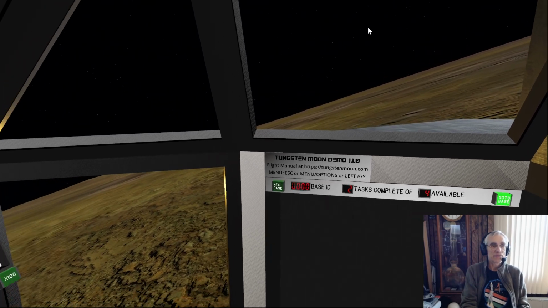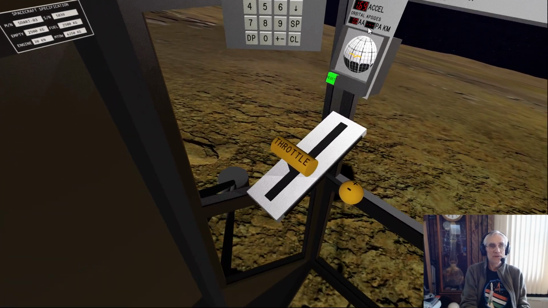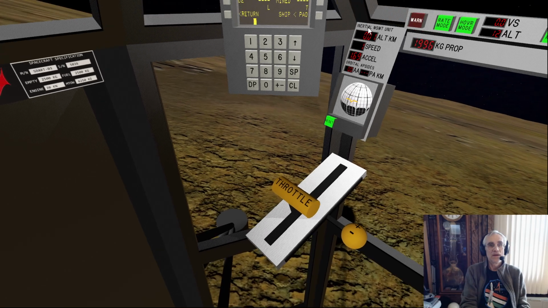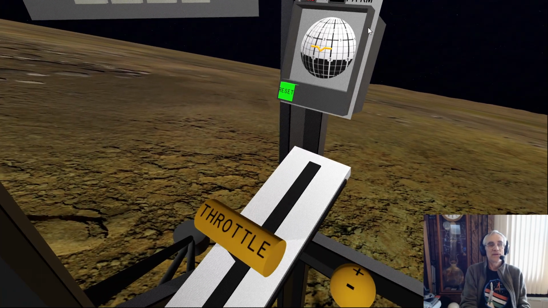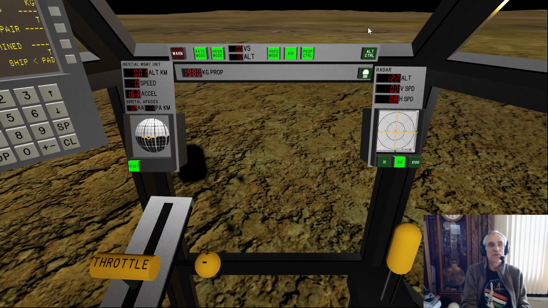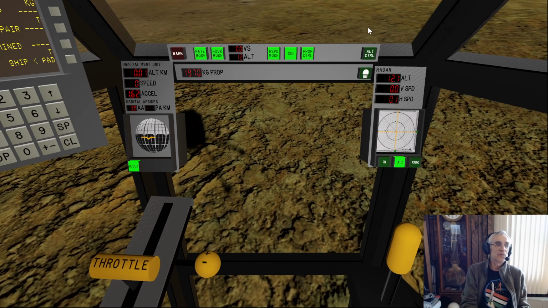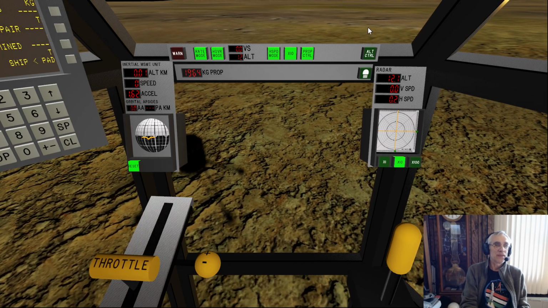We're tipping backwards right now. You can also see it over here on the attitude indicator. Now we've reached a velocity of 0. The autopilot removes the bank, and we're hovering again.